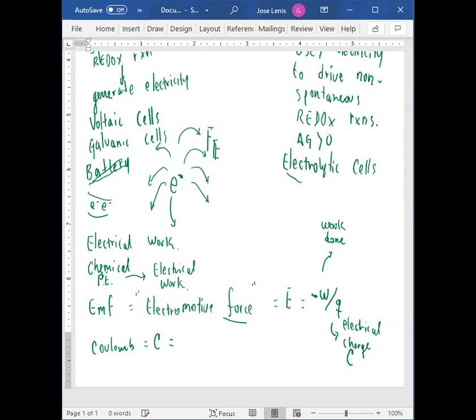So coulomb is the electrical charge transported by a constant electrical current of 1 amp in 1 second. So the units of charge, as you can see here, are amp seconds. Therefore, the unit